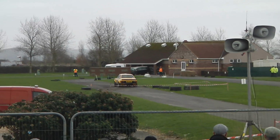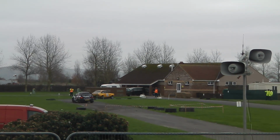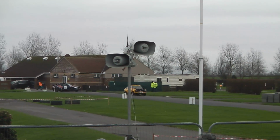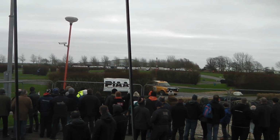Short turnarounds for all the marshals getting out there to help move stage furniture to make it ready for the next stage. Yeah, the stage has changed quite a bit in direction in various places, so some of the setup crew need to go and move various things, not only arrows, maybe